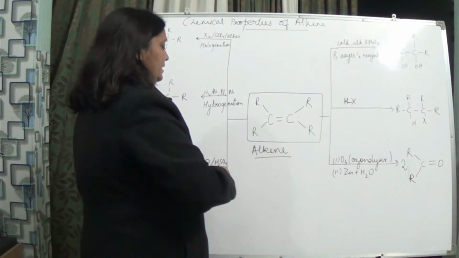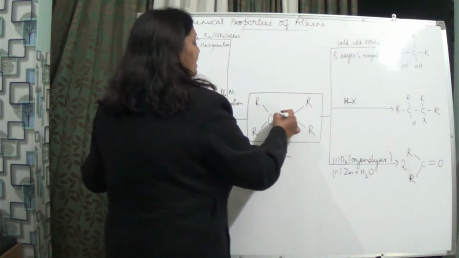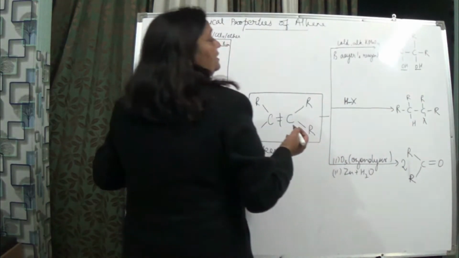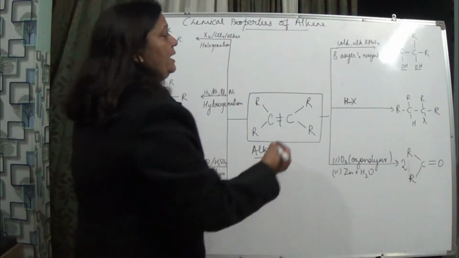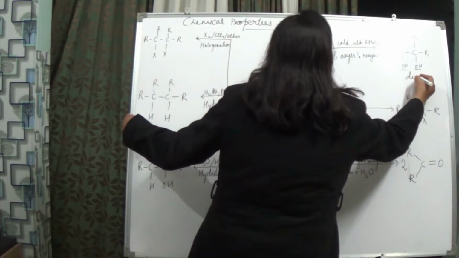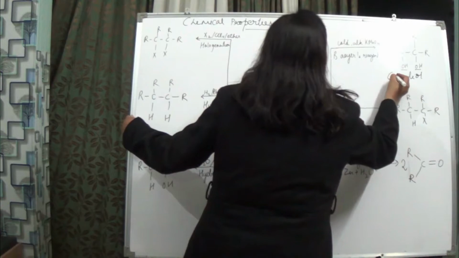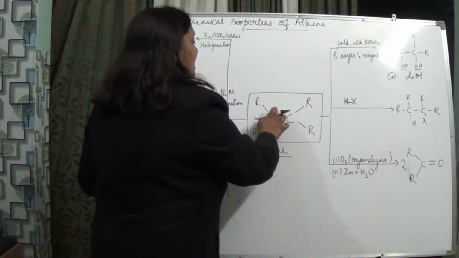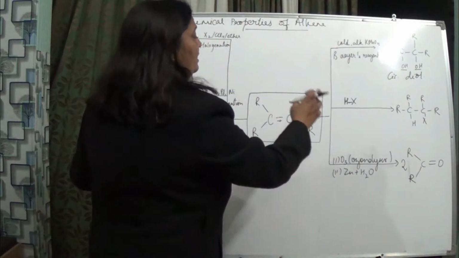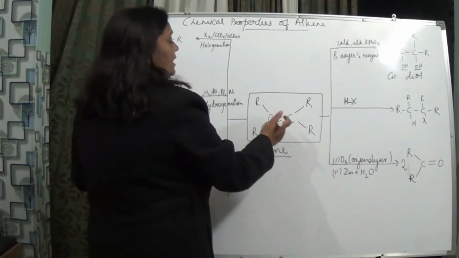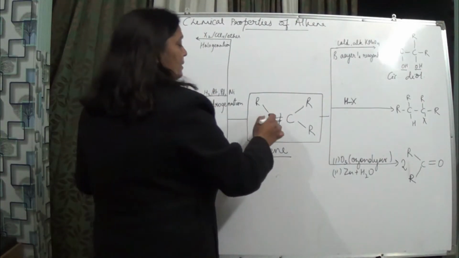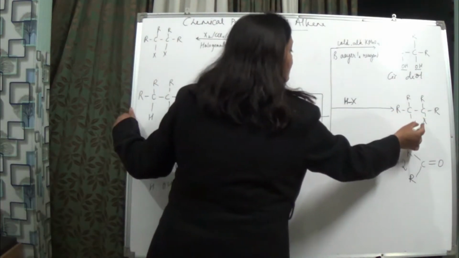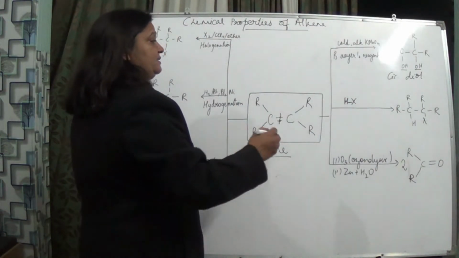And the temperature we have taken in a cold condition only, 273 Kelvin. We will see what happens over here. This bond will break, and here OH will be attached, thereby forming what? Diols. It is forming a diol, and this is the cis diol. Now next, when we are adding hydrogen halide, in this also, as soon as we add hydrogen halide to it, this bond will break, and hydrogen will attach to one carbon atom,